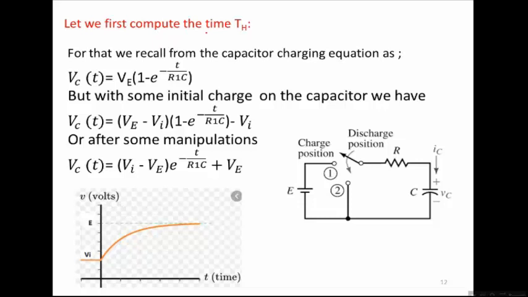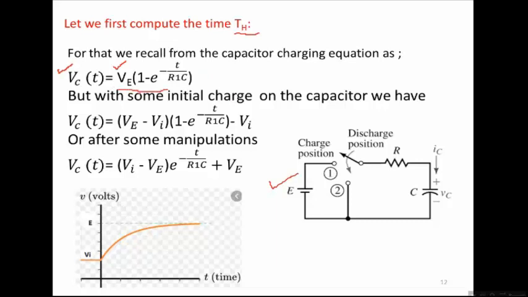Now let me first compute the time TH. For that we have to recall the capacitor charging equation, as we know from our earlier circuit analysis course. When a capacitor is charged through a resistor and a voltage is applied, as you can see in this circuit diagram, when this switch is at position 1, the capacitor would start charging up towards this value E, and the equation that governs the charging of this capacitor is